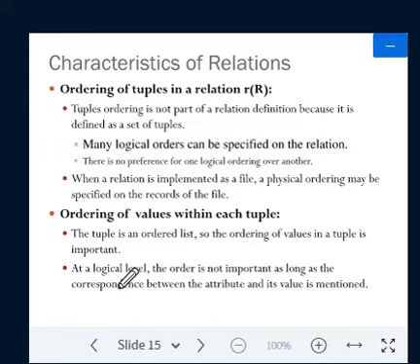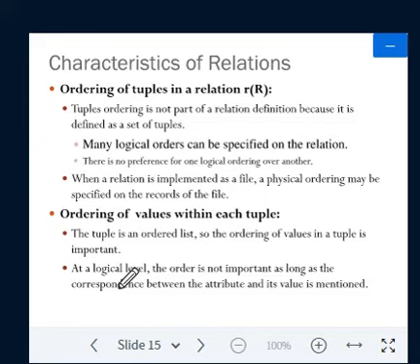Next topic is characteristics of a relation. Here we have four different characteristics. First is ordering: ordering of tuples in a relation, and ordering of values within a tuple, and then the alternative definition of relation.